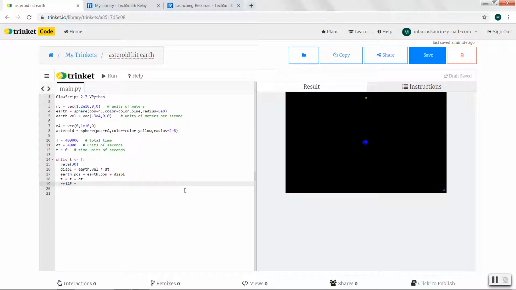So I will set that equal to the position of the asteroid, asteroid.pos minus Earth.pos. And remember, this is a way of getting a vector that points from one object, the Earth, to the second object, the asteroid. And I want to be able to print this out so I can have a record of how things are going instead of just relying on visual. So print, it's a function, open parentheses,